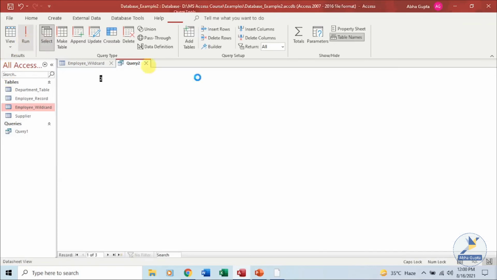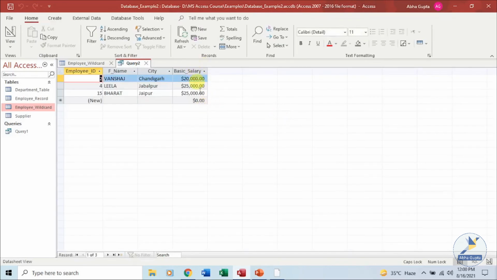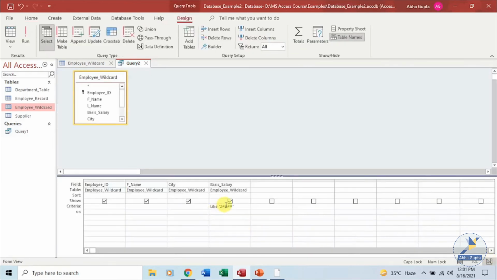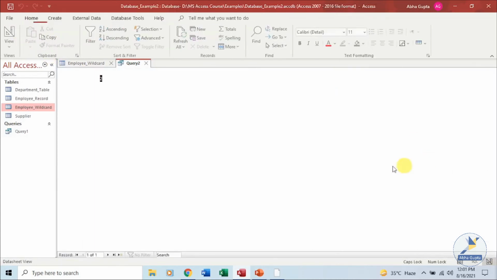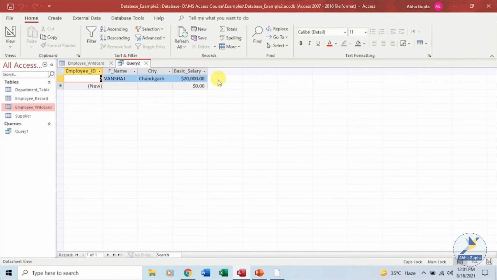Let's run and see. You have 3 records where the basic salary is starting with 2, and there are 4 more numbers. So we have specified a criteria over here. If I say that the first 2 should be 20 and then the 3 should be any, pattern matching can be done, you can see over here the first matching record it has shown over here.